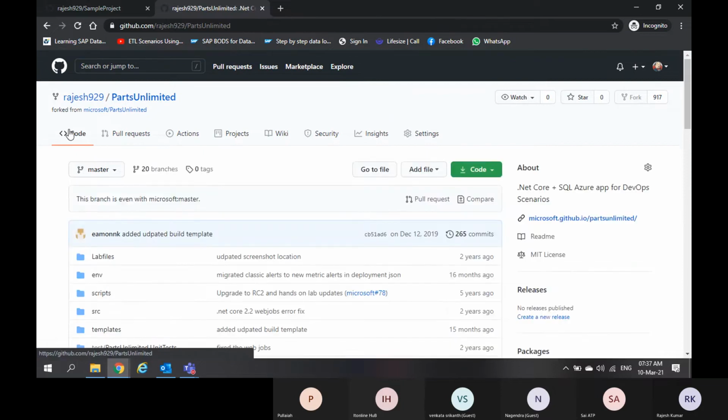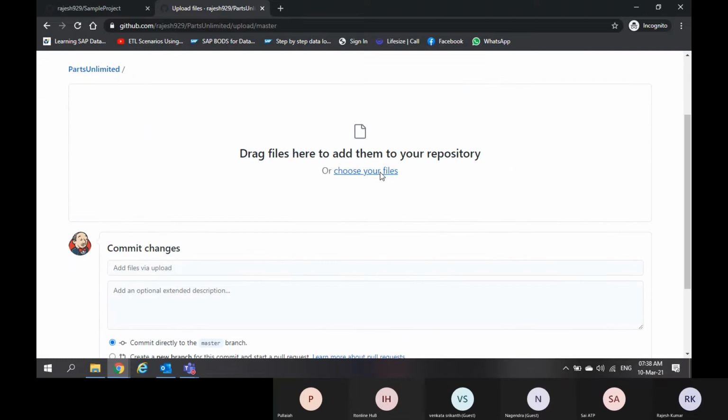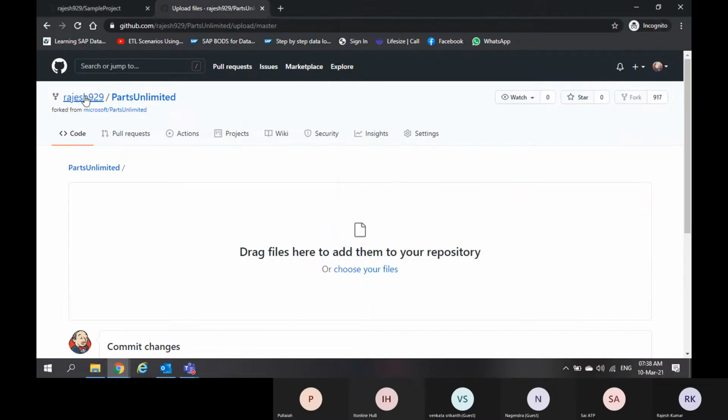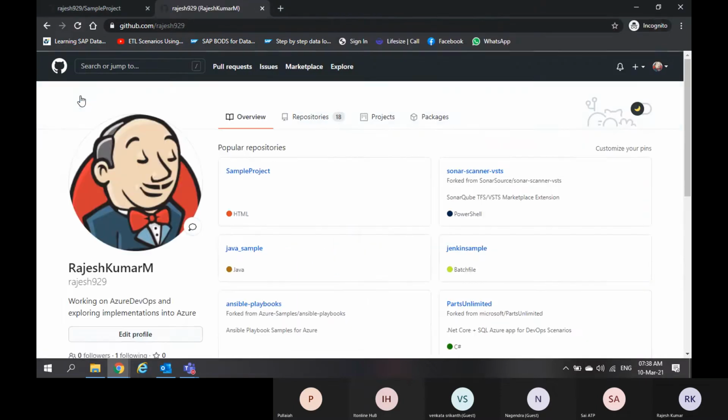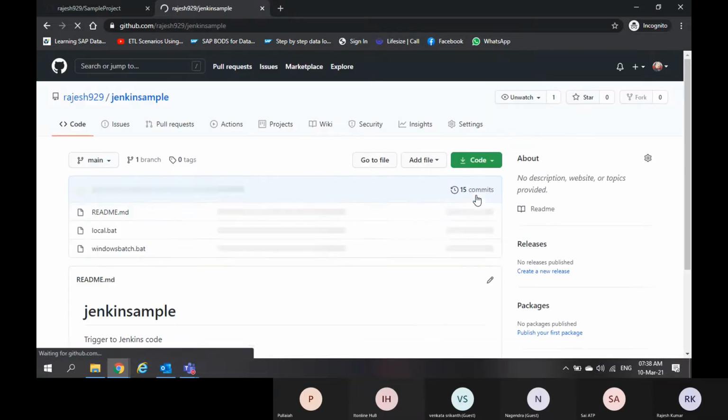So this is how they are adding files. If you want to add a file, you can add a file. If you already have a file, you can upload the file. When you click on upload, it will open. See here, choose your file. If you have any file in your local repository, let me upload something to my own repository, because this is not my repository. I have something in Jenkins sample.